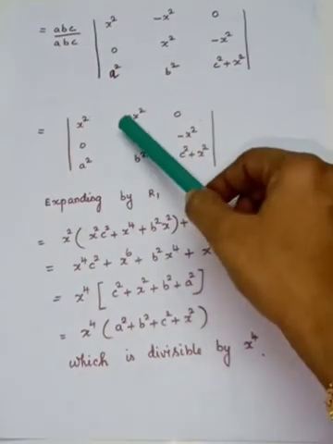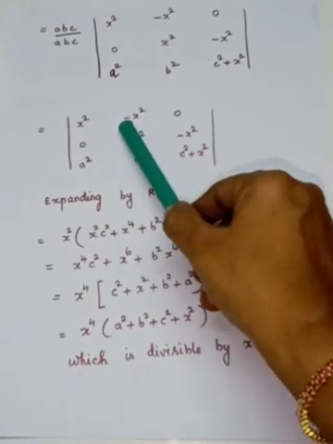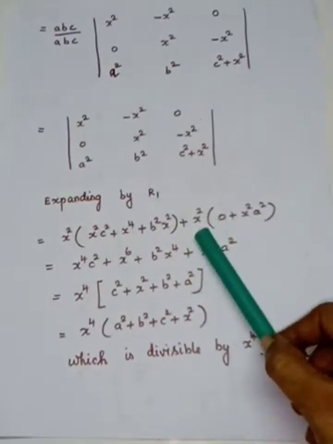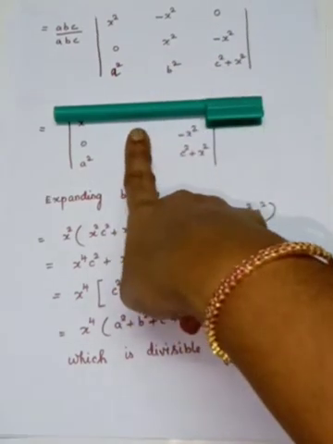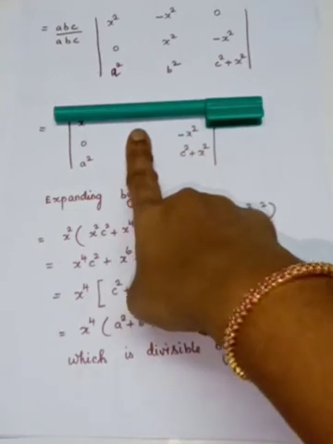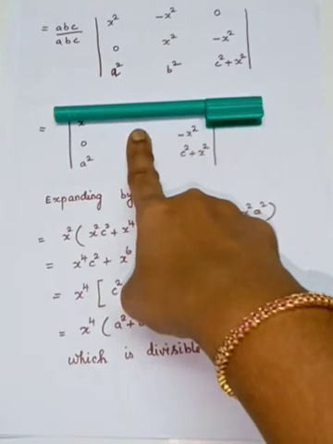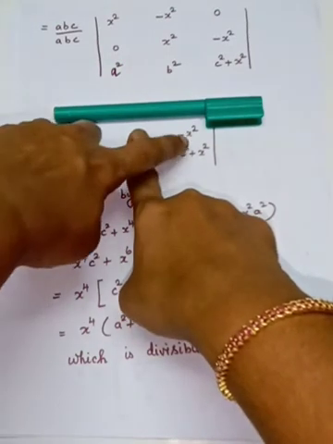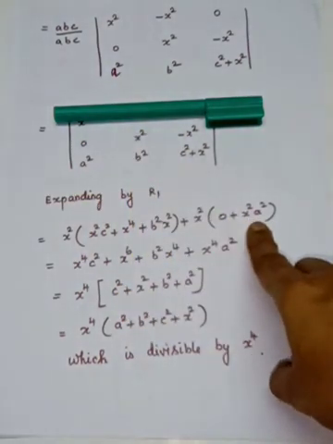Next, while you are moving to the second element, according to the sign of the cofactor, you have to change it. So this sign will become plus. So the second entry is written x squared. Delete the first row and the second column. So what is remaining here? You will have a 2 by 2 determinant. Here 0, 0 into anything is 0. In between you will have minus. So when you multiply a squared into minus x squared, you will have plus a squared x squared.